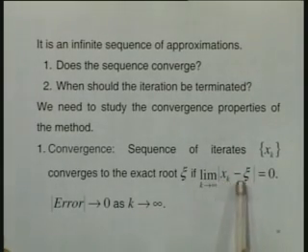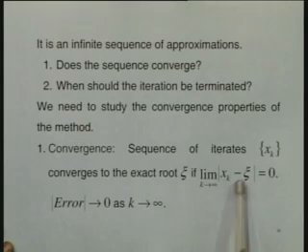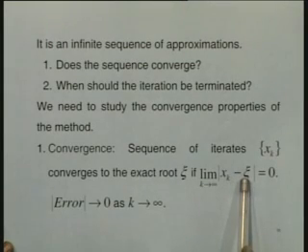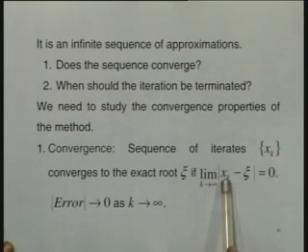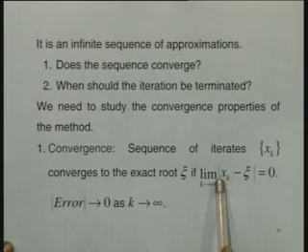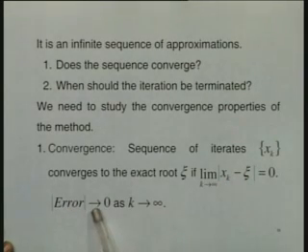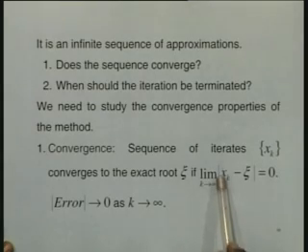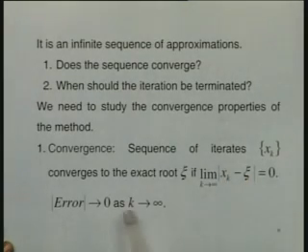So I can define this xk minus xi as the error at any particular stage. Now during that iteration I can find out the magnitude of the error, and if the error goes to 0 as k tends to infinity, we are getting limit xk is equal to xi. That means we are now achieving convergence. Even though this is the test, we shall see how we are going to apply this.